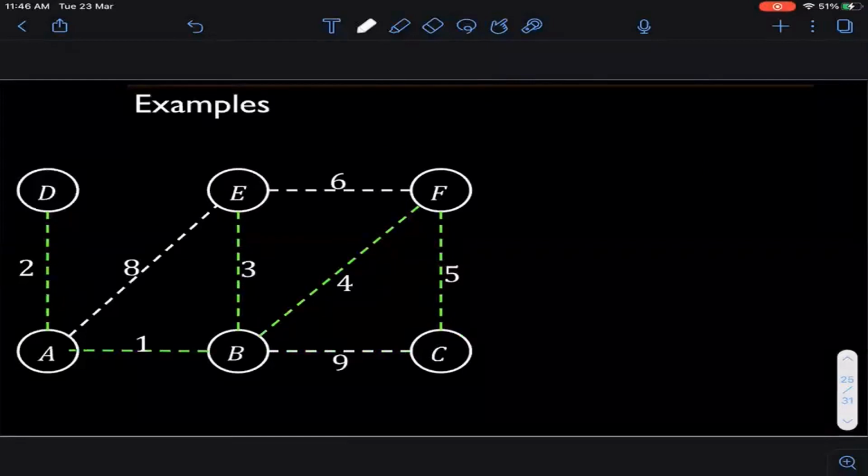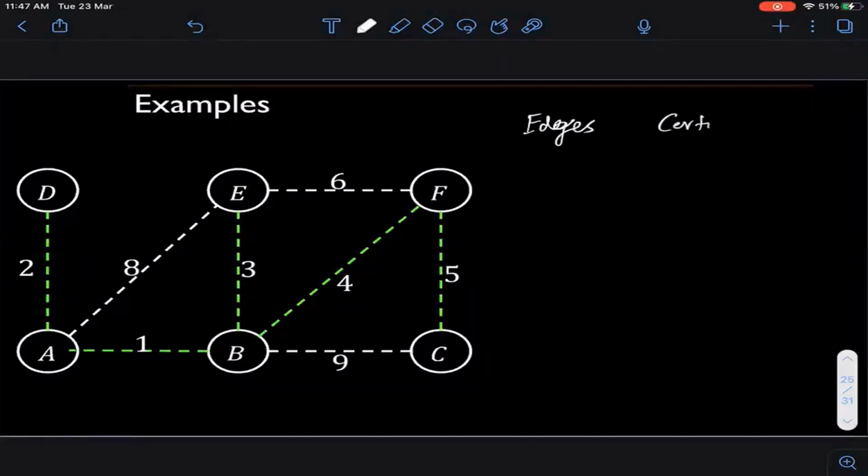Okay. तो चलिए पहले हम ये AD वाला edge को देख लेते हैं. Okay. So AD is an edge of cost 2. So which is the certifying cut for this edge AD? What do I mean by certifying cut? A certifying cut मतलब ये है कि which is a cut such that this edge is the minimum cost edge that is going across. Which is such a cut? तो ये हम लिख लेते हैं. So edges and certifying cuts.